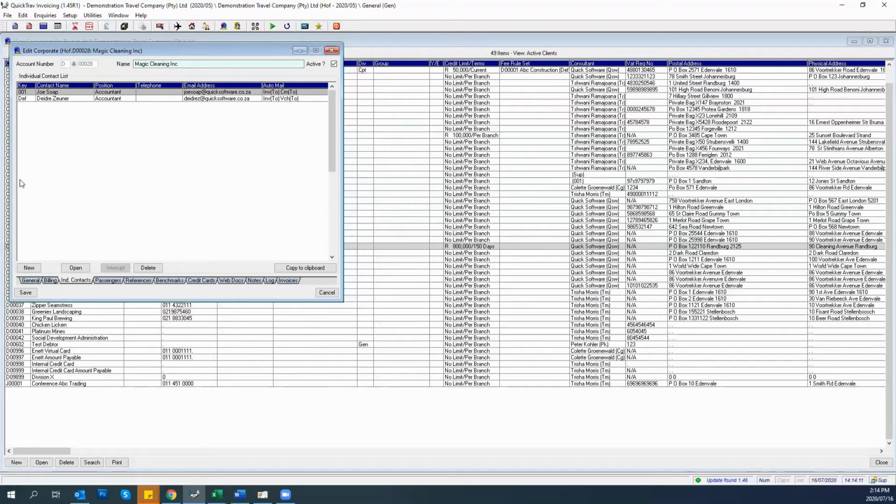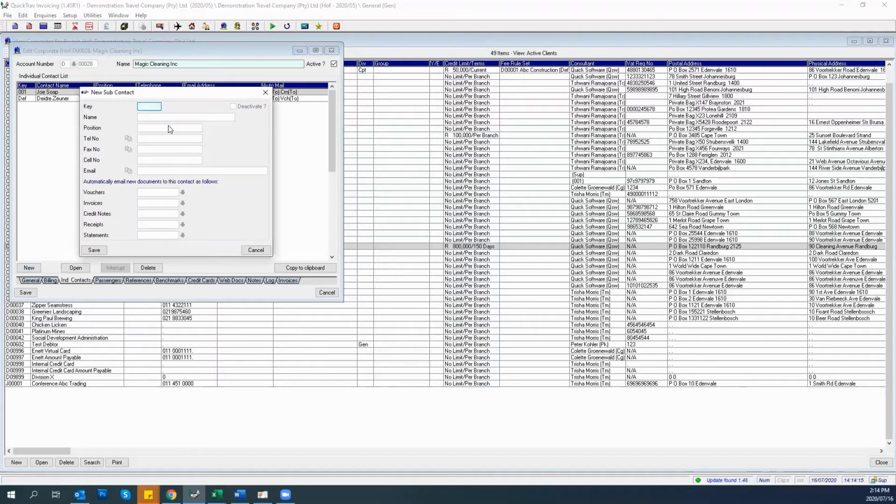All right, so to create a new one, you're going to click on New. It's going to ask you for a key. This is free format. You can put in whatever you want. If you want to put in numerics, you can. I can do it A01 if I want to. Alphanumerical. I'm going to put in a name. I've already used Joe Soap. I need to think of somebody else. SpongeBob